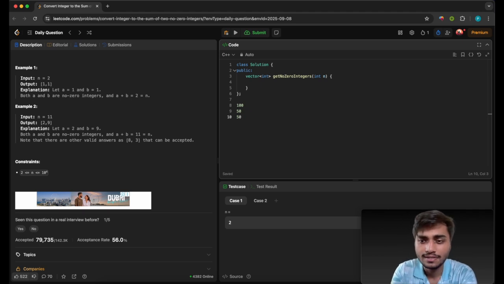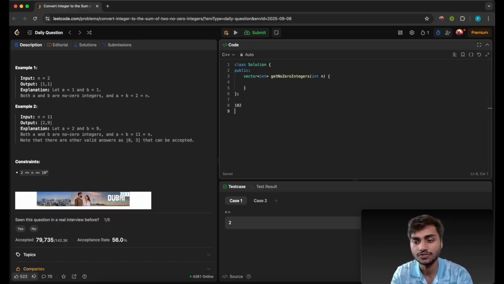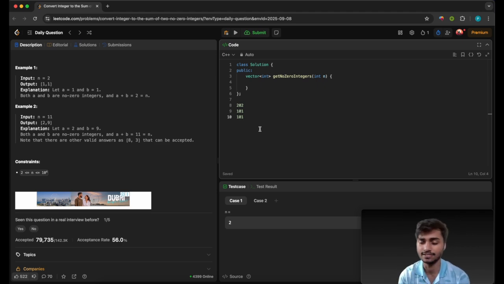Okay, and let me consider another example as well, like 102, then it will be 51 and 51. So you might be thinking, yeah, here it is right, but if I do it like 202, then it will be 101 and 101, which is not right, because in both numbers we have a 0 as a digit. So what we can do here is, if I think about a very brute force approach,